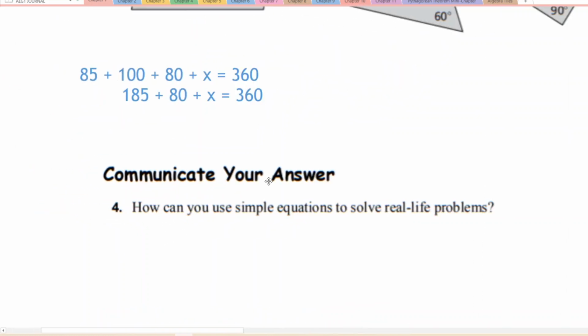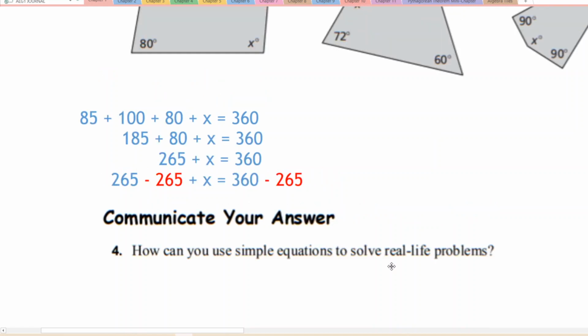And if I did 185 plus 80, that would be 265 plus x is 360. And then here, maybe you're kind of stuck. I don't know. 265 plus some number, I don't know what that number is, that's got to be equal to 360. Now, if I was supposed to do this the algebra way, I'd subtract 265 from the left side and